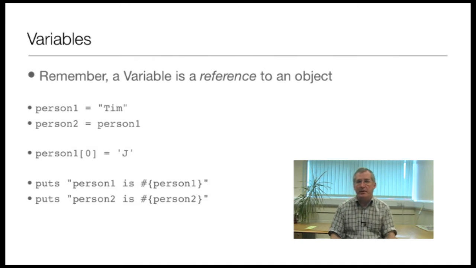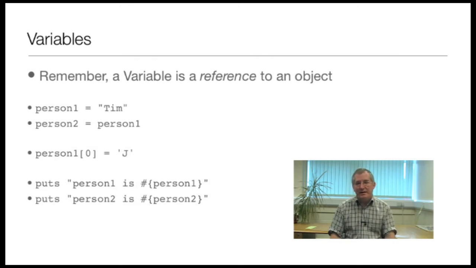So what happens now if we assign the letter J to the first element in the string Tim, to change that to Jim, and now print out person1? The answer everyone will get, I hope, is that person1 is Jim, will be the line that's printed out after that print statement. Where some people get a bit confused, and I'll give you a moment to think about what actually happens in the second one,